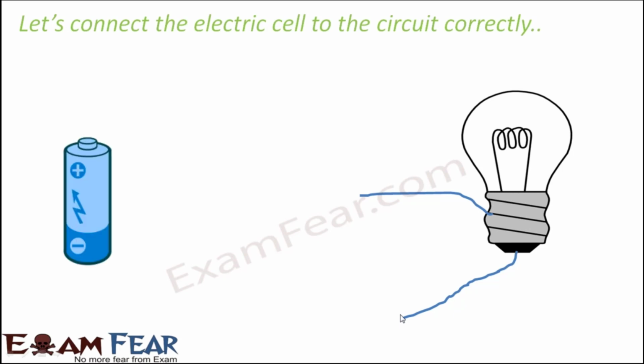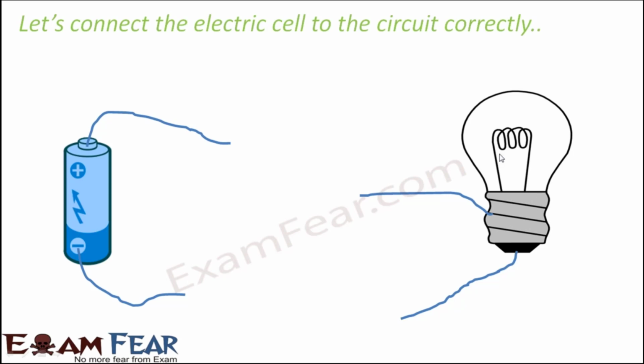And now how do we connect it to the electric cell? Each and every cell will have these labels, a positive terminal and a negative terminal. So you take out a wire from the positive terminal, you take out a wire from the negative terminal. In real life, if you want to do it, you just wrap a wire around the battery and take out one end from this side, the other end from this side. So that's how you connect wires. Now we will see how we connect both of these with each other in the right way.